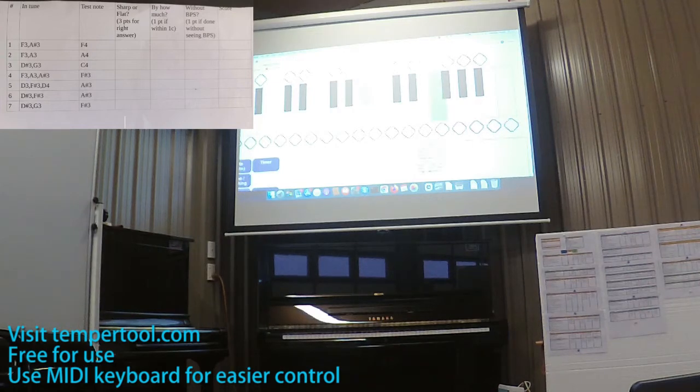What does that mean? That means you've got a pure perfect fifth, which of course you can't have in a real piano. So fifths are always narrow of perfect. So that means that if you've got a pure perfect fifth, that F4 is